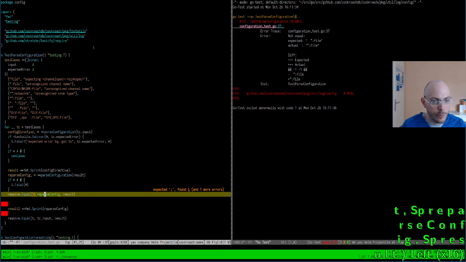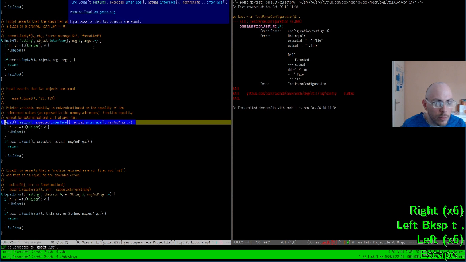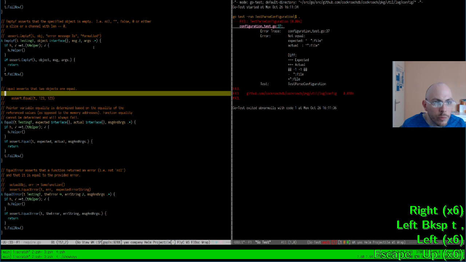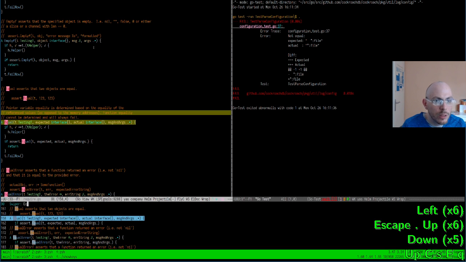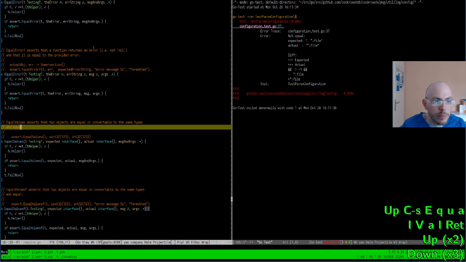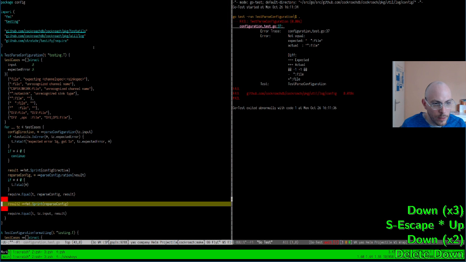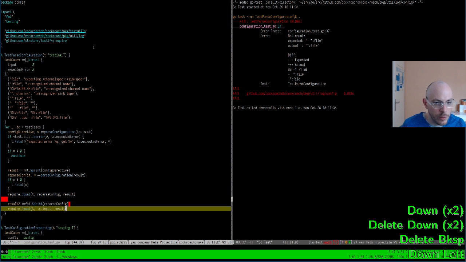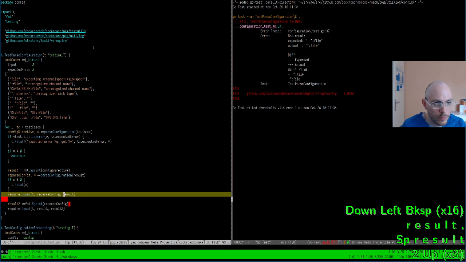So after reparse, we're reparsing the same thing. Two objects are equal, inequality of their reference values. And what is equal values? Are convertible to the same types and equal. Okay, I don't care. Equal is just fine. And then we are requiring the config directive.